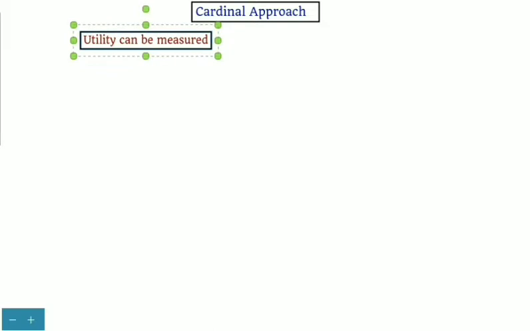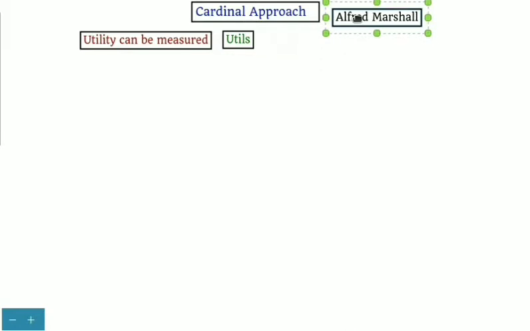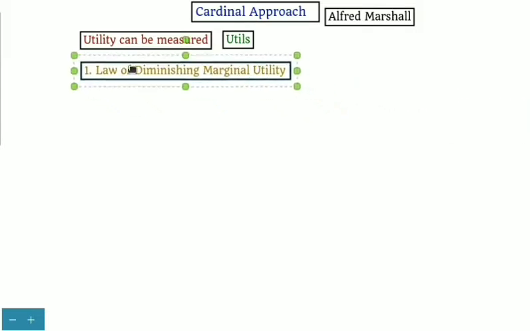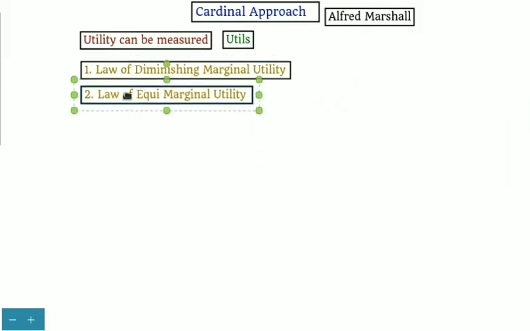Cardinal approach, where utility can be measured in terms of utils, was given by Alfred Marshall. Here we have two laws: the law of diminishing marginal utility and the law of equimarginal utility. Before going to those laws,